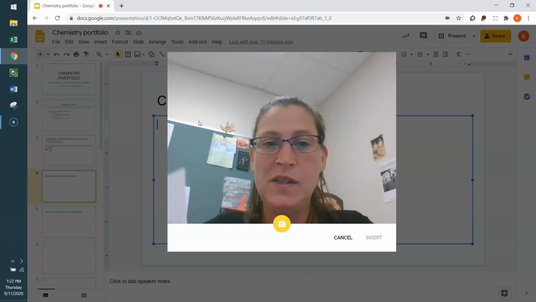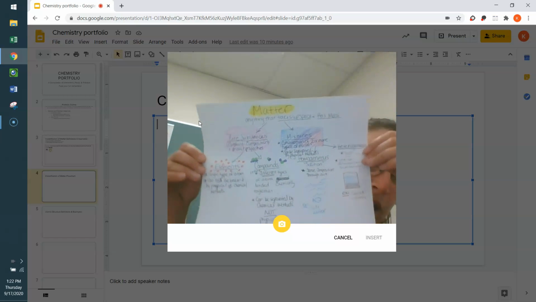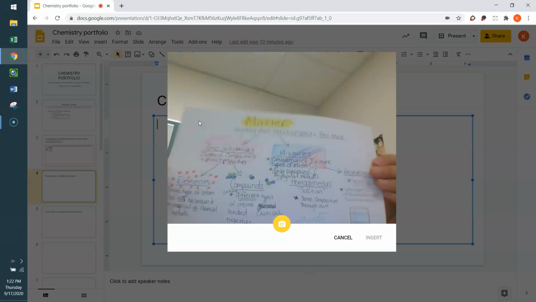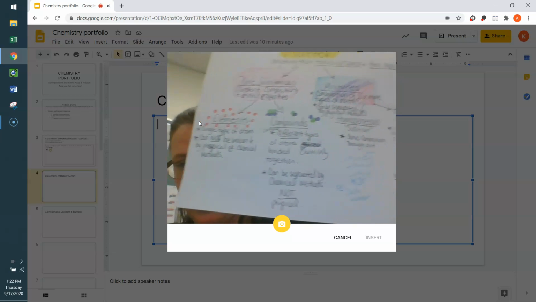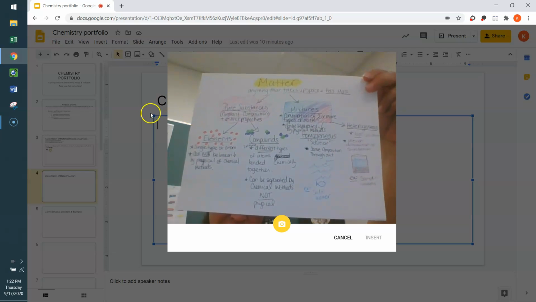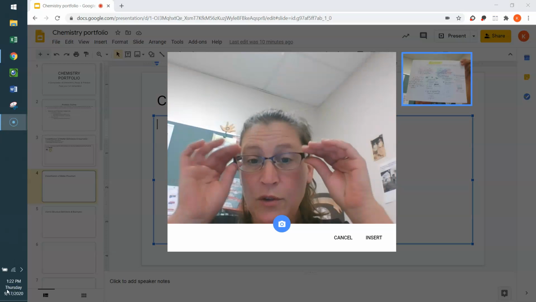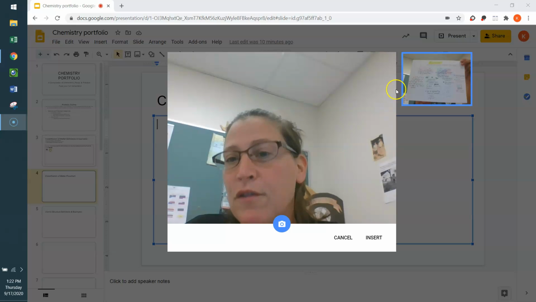So what we want to do is take your awesome flowchart, and we're going to try to arrange it so you can see everything. Seriously, try not to cover information with your fingers. And so here we go. I think I can see everything. I'm going to snap that photo. Yes, I am. So once you have pushed that lovely little photo button, you snapped your photo